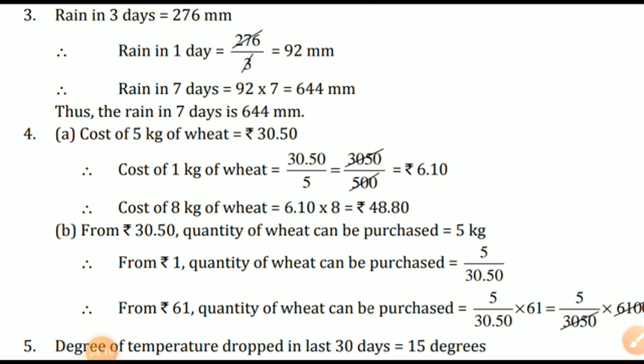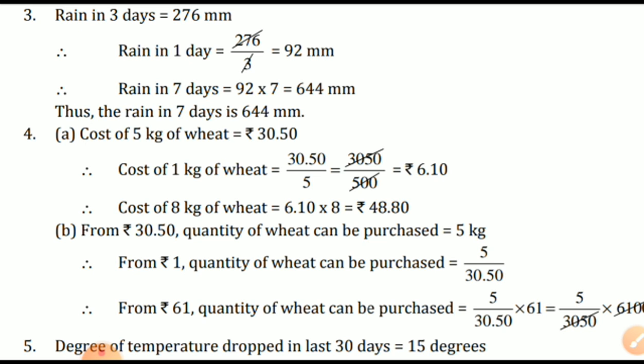Cost of 5 kg of wheat कितना दिया है बेटा? क्वेश्चन में दिया होगा ₹30.50। तो 1 kg का कितना रहेगा? तो आप क्या करेंगे बेटा? डिवाइड कर दो। यस, cross multiplication only is going on. 30.50 multiply by 1 divided by 5, will you get it 6.10। बट आपको चाहिए कितने किलो व्हीट बेटा? यस 6 kg, तो उसको 8 kg से मल्टीप्लाई कर दो। 6.10 multiply by 8 will give you 48.80 पैसे।